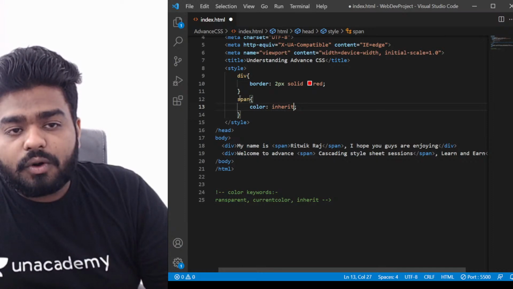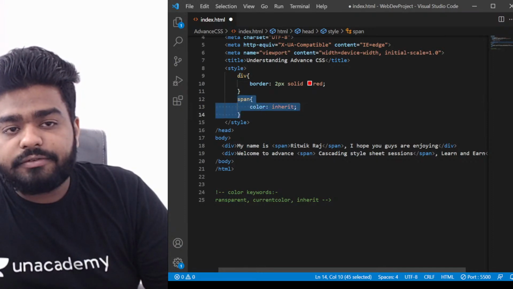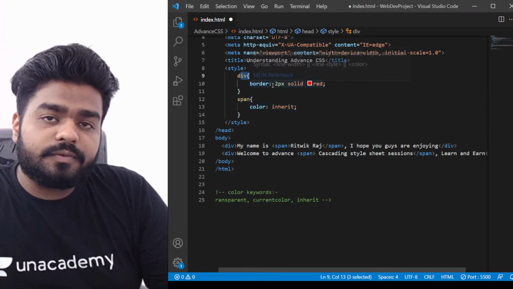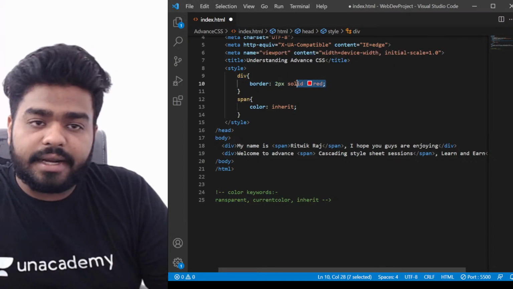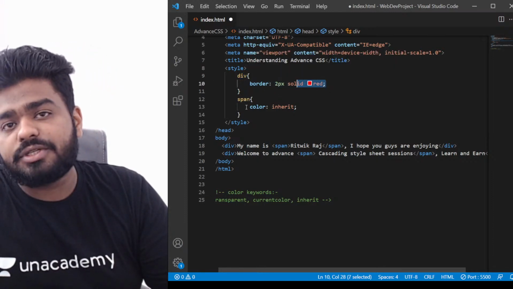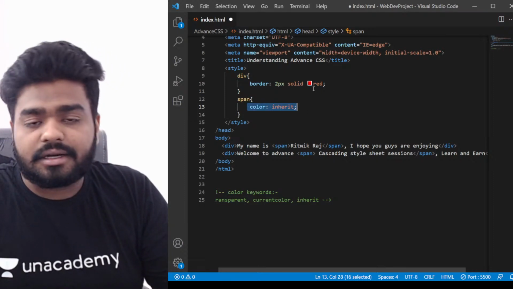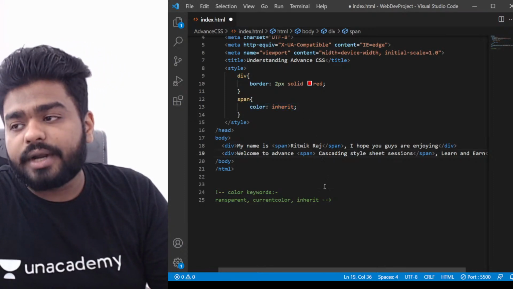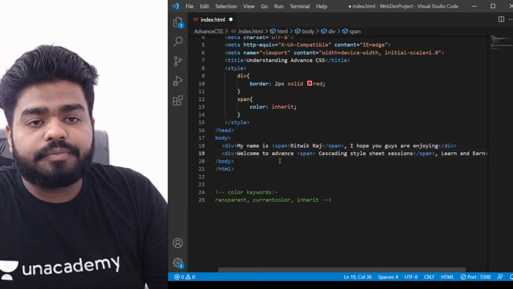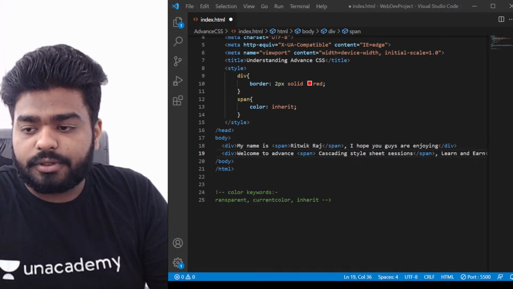So span is obviously a child of div, and if div, which is the parent element, is having a color red, and if I'm saying that the span, which is the child element, will have the color inherited, that means it will take the color red itself, correct? So let's check out what is the output. So if I go back,